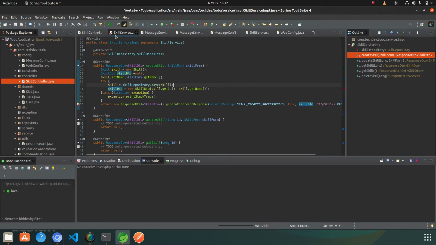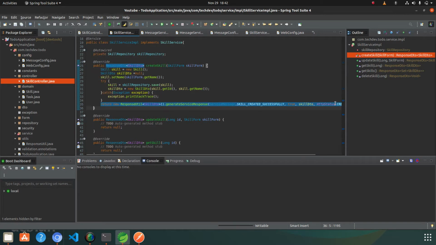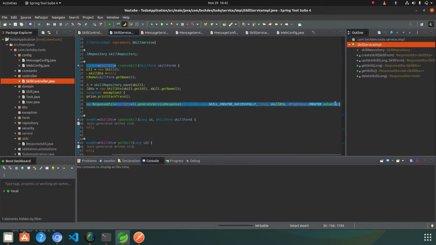So in the skill controller API, it is giving an error of extra semicolon was added.